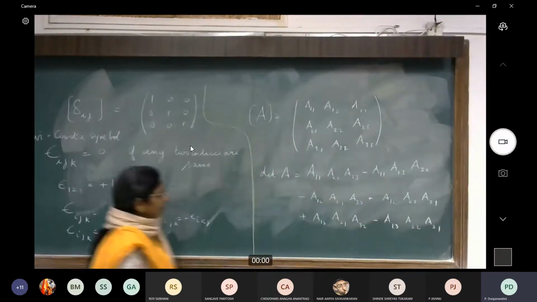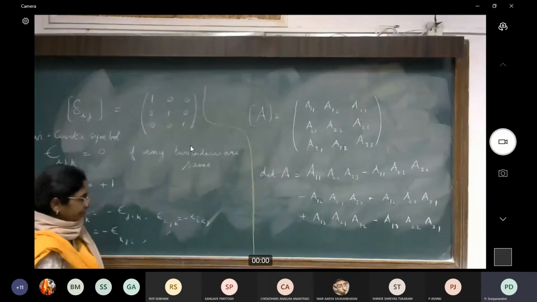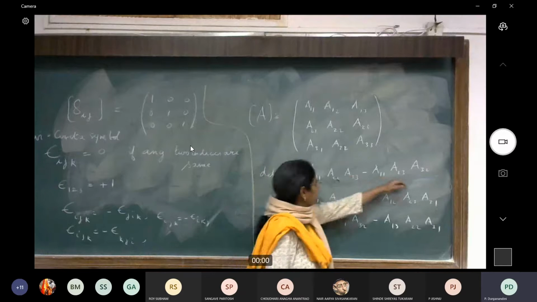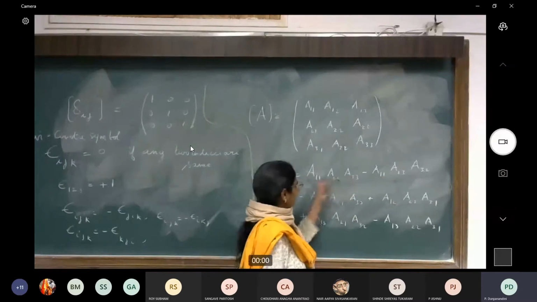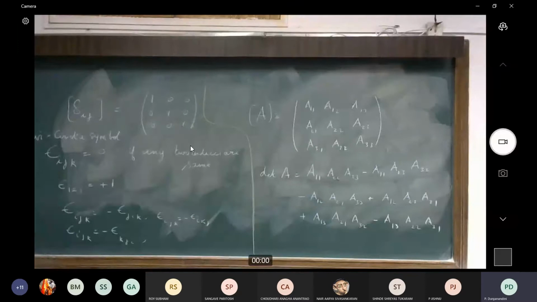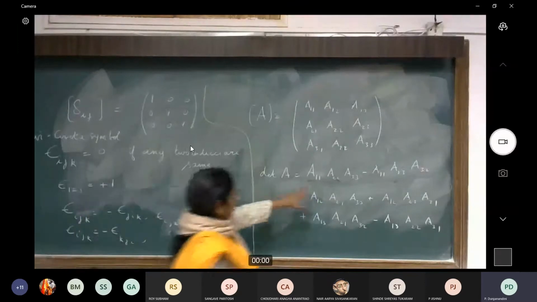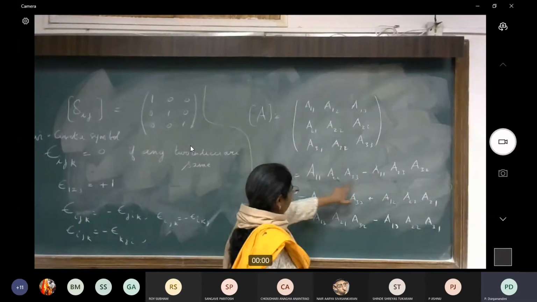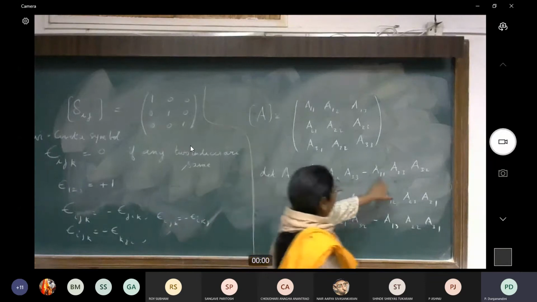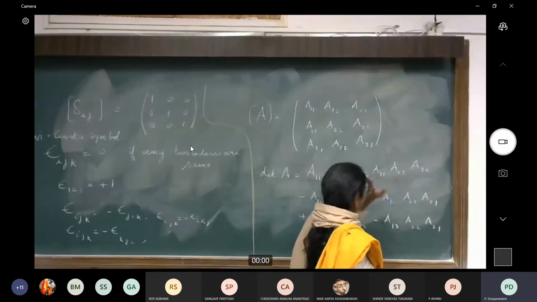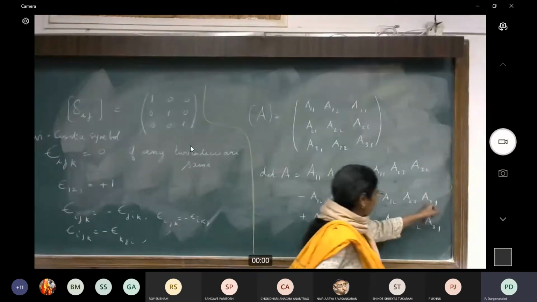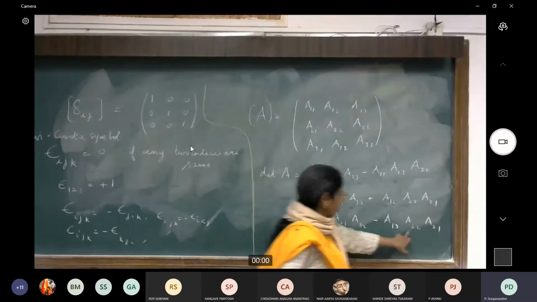All right. So this is by definition the determinant. I've just written it down very explicitly. Now notice each expression here. If you look at the first subscript in each of these, so there are 3 A's in each of these terms. And if you look at the first subscript for each of the A's, so here you have A1, 2, 3. And in this case, the second one also has 1, 2, 3. Similarly, you look at this 1, 2, 3. So if I just look at the first subscript in each of these terms, you have 1, 2, 3, 1, 2, 3. Similarly, here 1, 2, 3, 1, 2, 3.